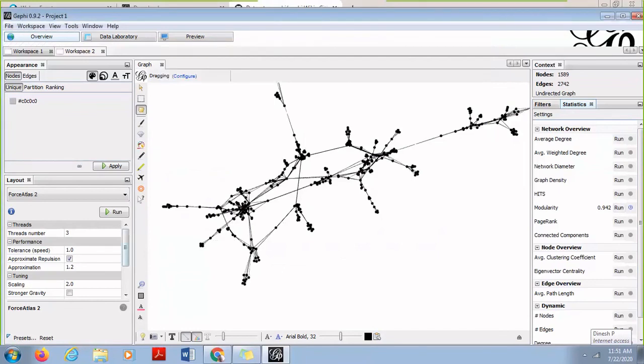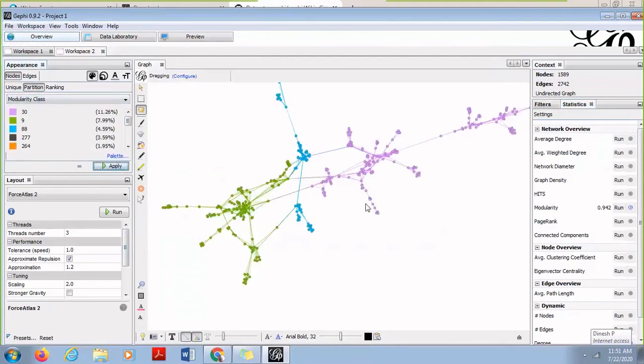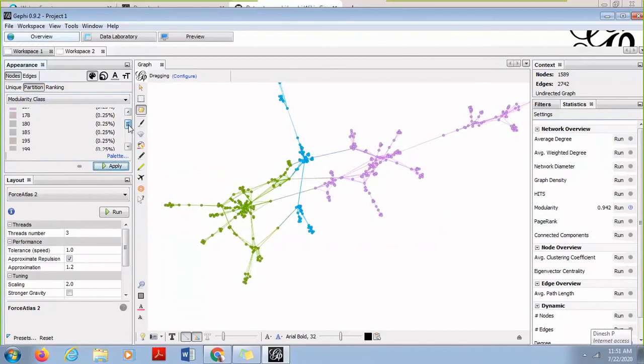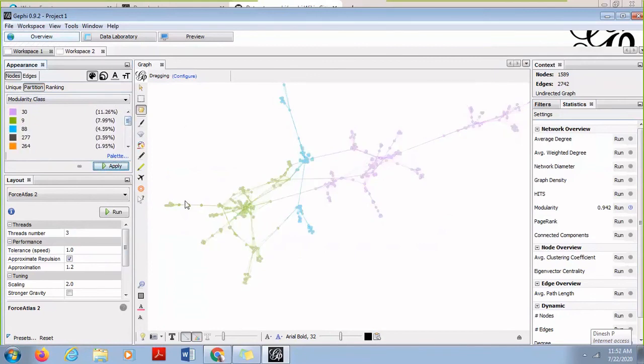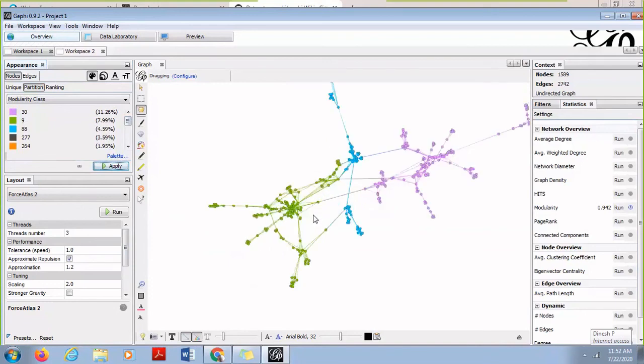And then I can go to the partition part, go to the modularity class, and then apply the filter. So when I apply the filter, I'll be able to see the maximum part of the nodes. If you observe in this window, gray shades are nodes which are either single, or only 2 or 3 nodes connected, and therefore those are also part of communities. So the major communities which we observe over here are shown in different colors: purple, blue, and green. Okay, so these are 3 main communities which you can see over here.